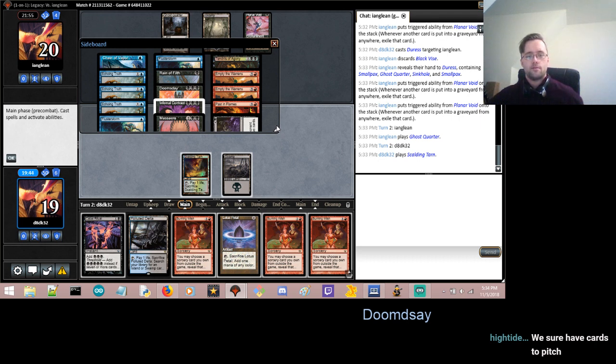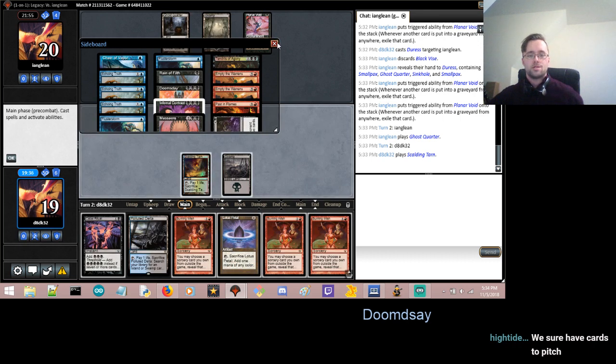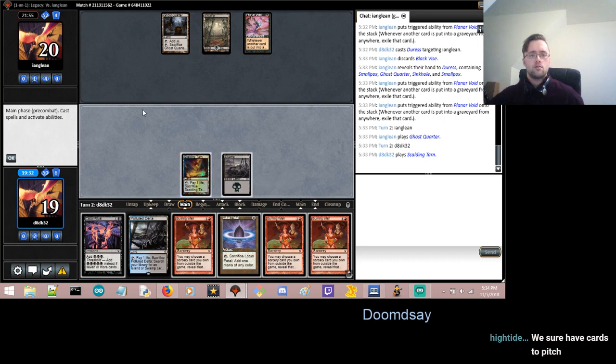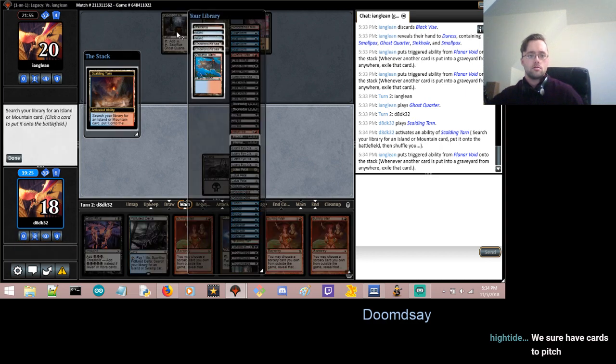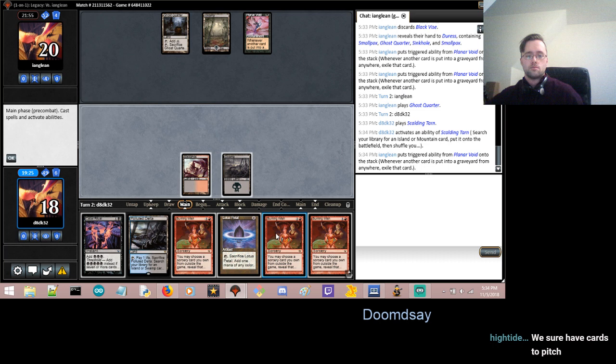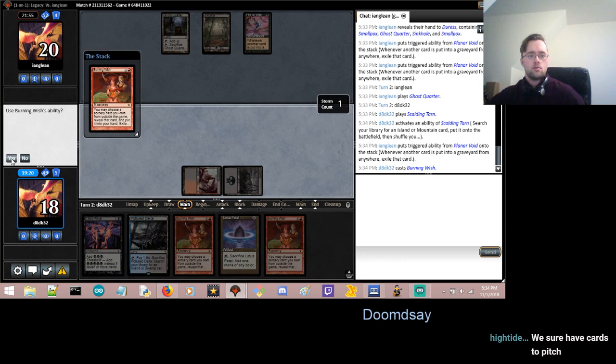Past in Flames is off the table. They have 2 Smallpox though, so like 6 Goblins isn't going to be good enough here. I think I'm going to Burning Wish for Infernal Contract. Grab Badlands and Burning Wish for Infernal Contract. And I'm kind of just going to hope that they don't draw...